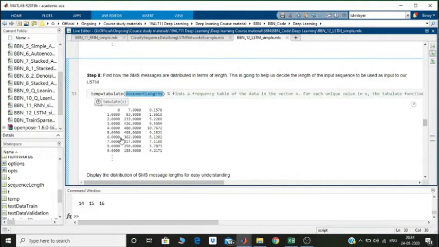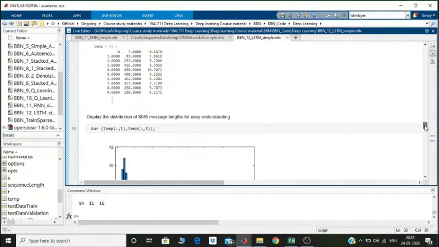So you have 3 columns which are generated as a result. The first one represents the number of tokens. Second column represents the count, that is how many messages have this many number of tokens. So you can see 8 tokens are present in 258 messages. So 258 messages have only 8 tokens. 317 messages have only 7 tokens, and so on.